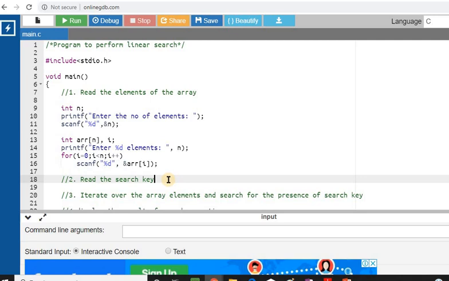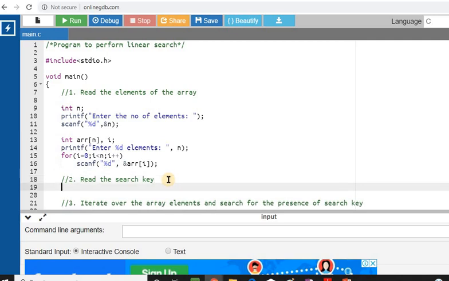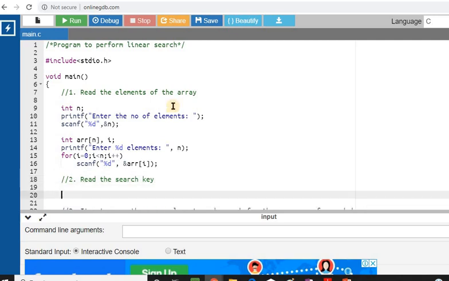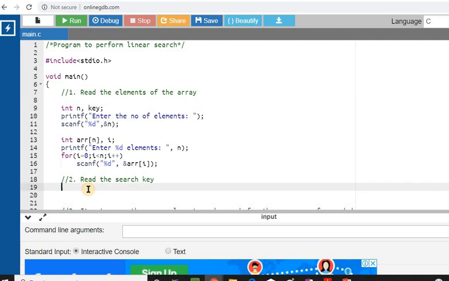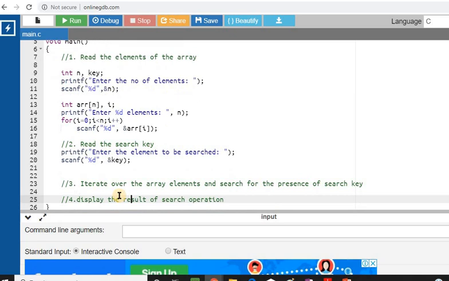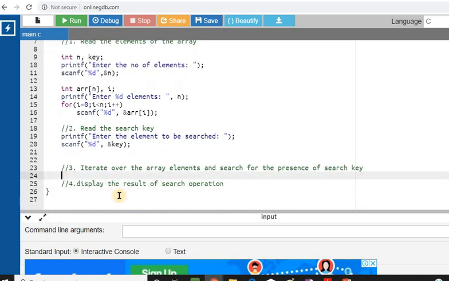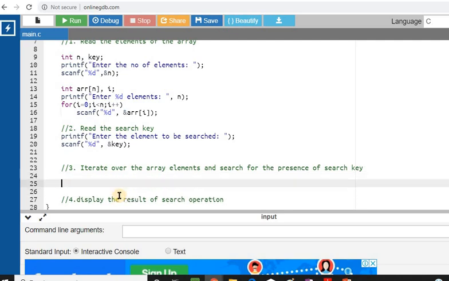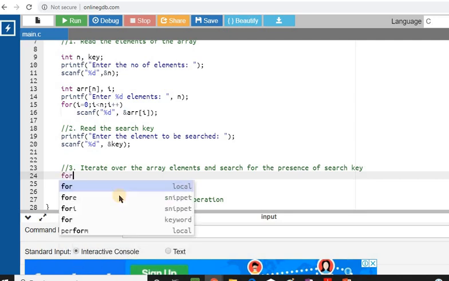The next step is to read the search key. So let us declare another variable called key first, and then I am going to read the value of key. Here I have read the contents of the array, and here I have read the search key. The next step is to iterate over the contents of the array and search for the presence of the search key. I am going to iterate over the contents of the array using a for loop,